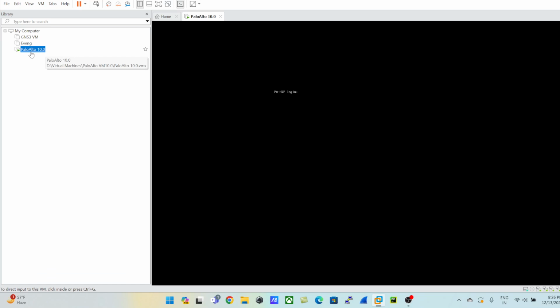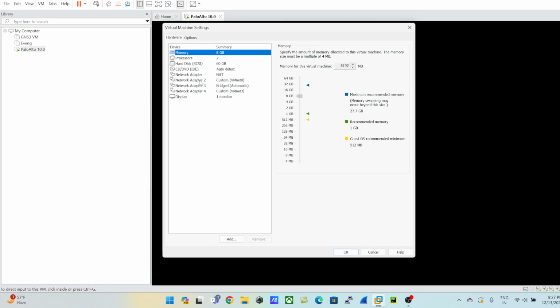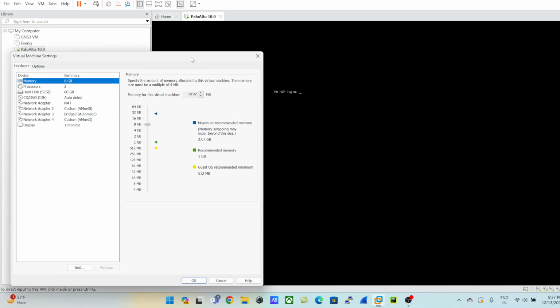What I have noticed is, when you have added multiple virtual network adapters, I have seen, when you power on your VM,